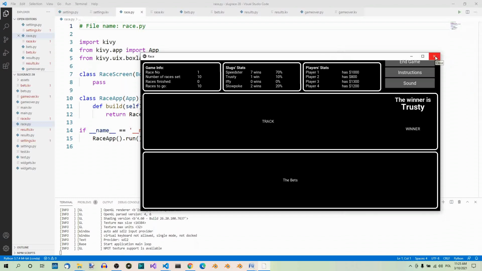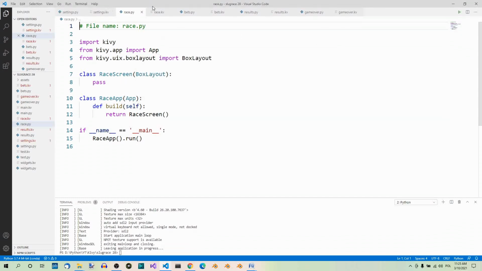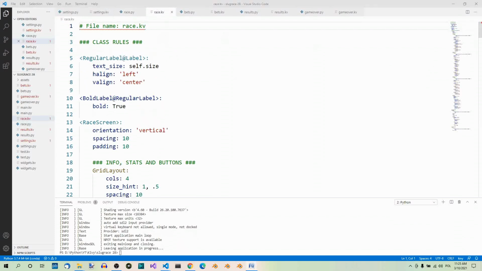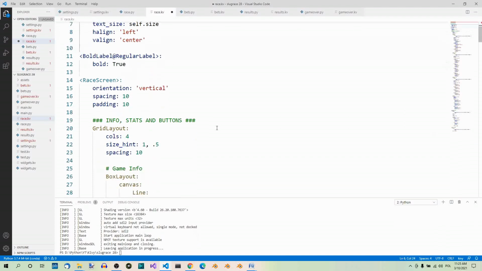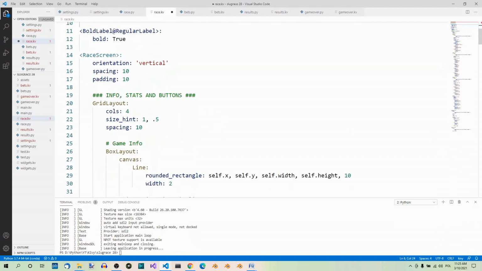So let's add the colors. First of all, in the regular label class, we have to add a darker color for the text, just like we did before in the settings screen. So, color. Now, in the race screen, let's add the yellow rectangle on the root widget, set its color to yellow. So here is our race screen,